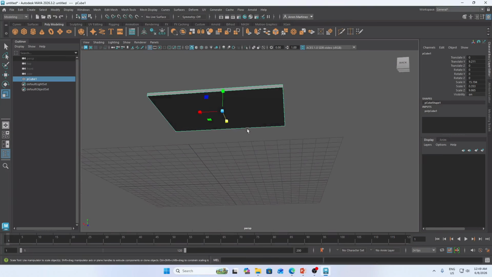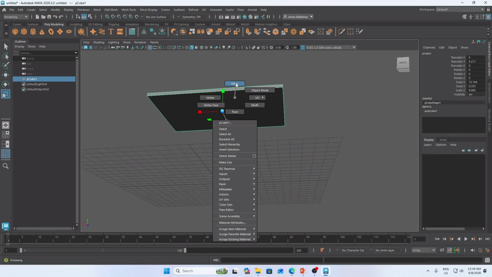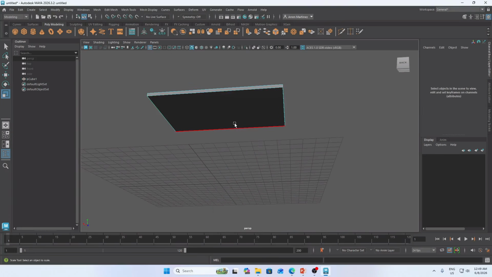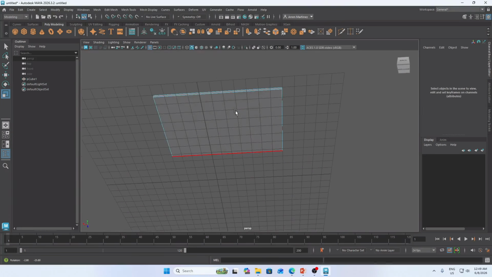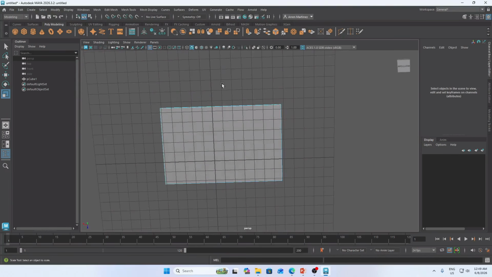Okay, so now what I'm going to do here is right click it and switch to edge selection. Okay, I will highlight it vertically. While I am highlighting it vertically, I will go here into the modeling toolkit.